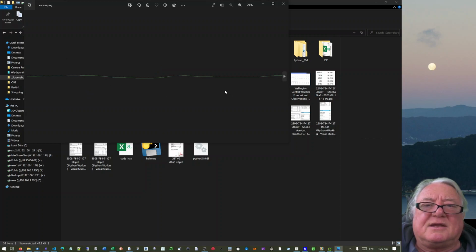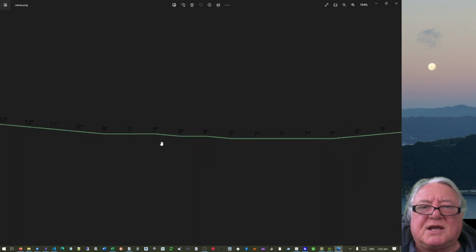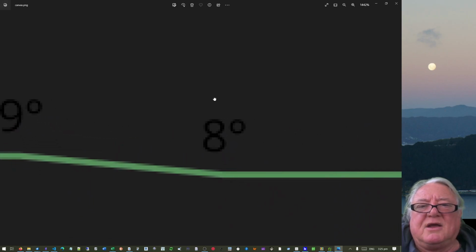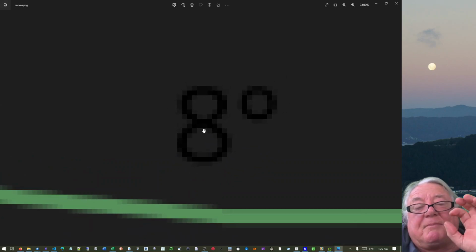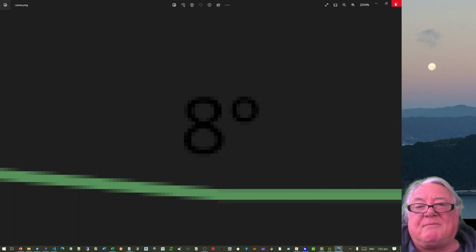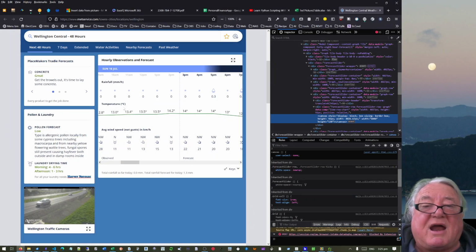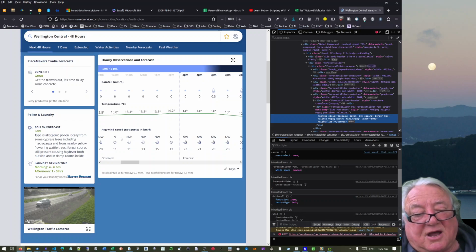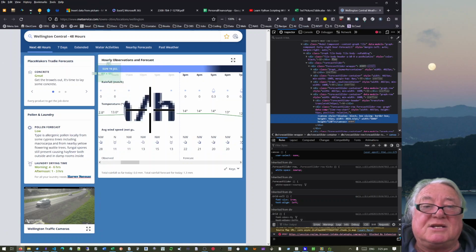It's a bit hard to see, but if we zoom right in, you can see that they've got the temperature in there, but it's now pixelated because it's written onto an image. So that means it's a really difficult thing to scrape because this is an image on a canvas. Whereas if I just go Control Shift 1 and screenshot that,